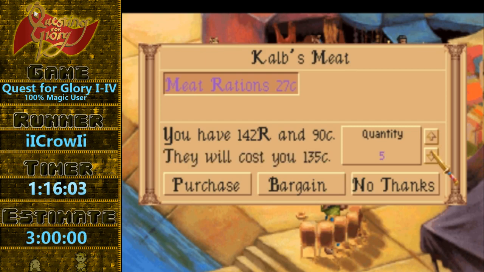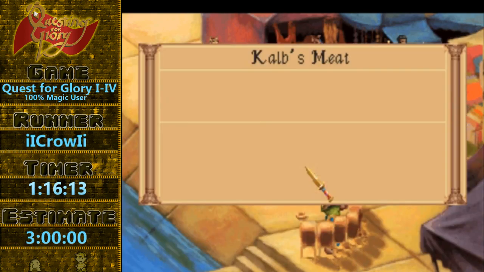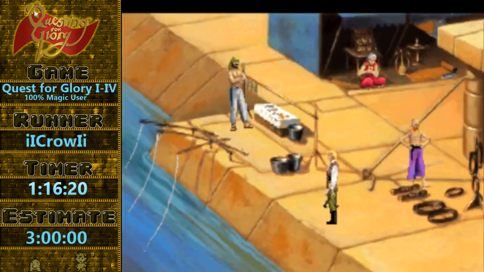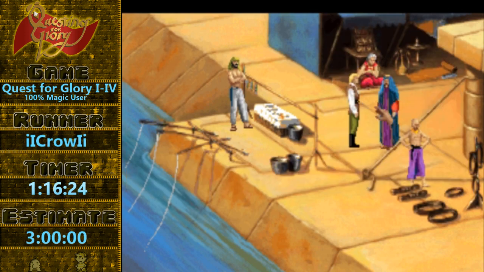And now here's Kalb. Kalb is a total pushover. If you really need lots of food, you can literally bargain with him and get actual 1 centime each price tag on your rations. So yeah, now I have all the food I could want, which is good because I want to give